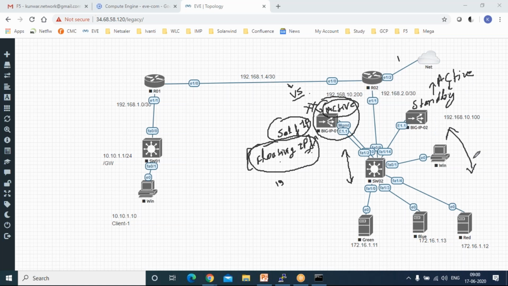So floating IP can be owned by anyone who will be active at that point of time. Instead of having unique IPs, both are sharing the same IP, depending on which BIG-IP is active at the moment. There is one more benefit of having a floating IP. For example, if you want to always access the active BIG-IP, you can access it with the floating IP. It doesn't matter which device is active at the moment, it will always land on the active F5,